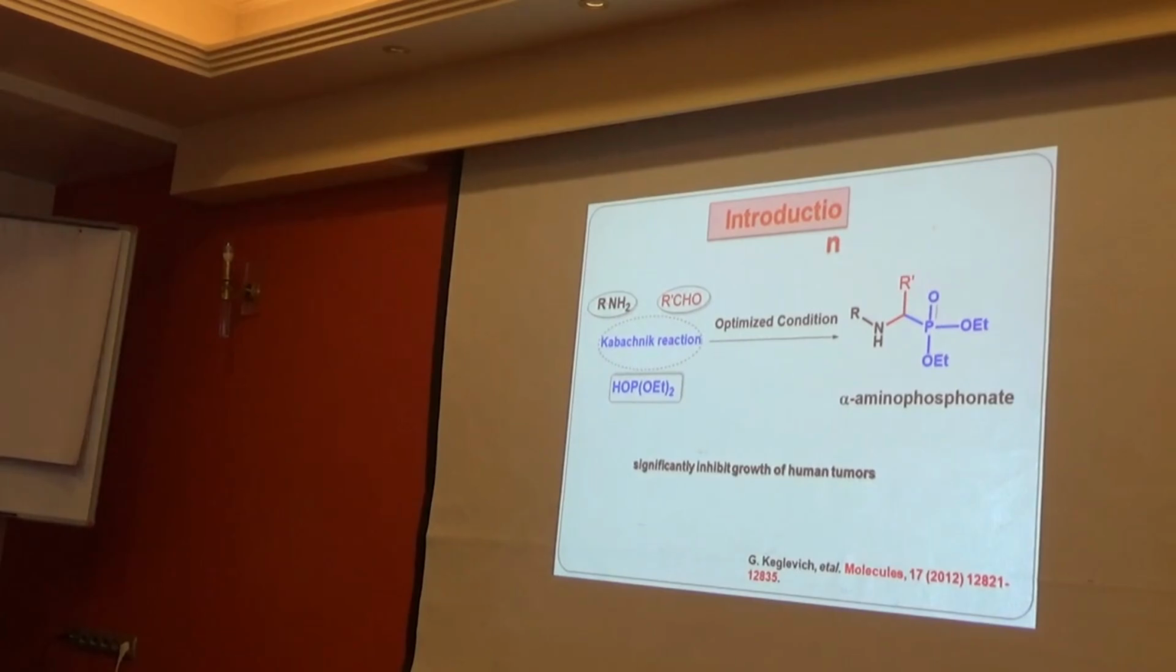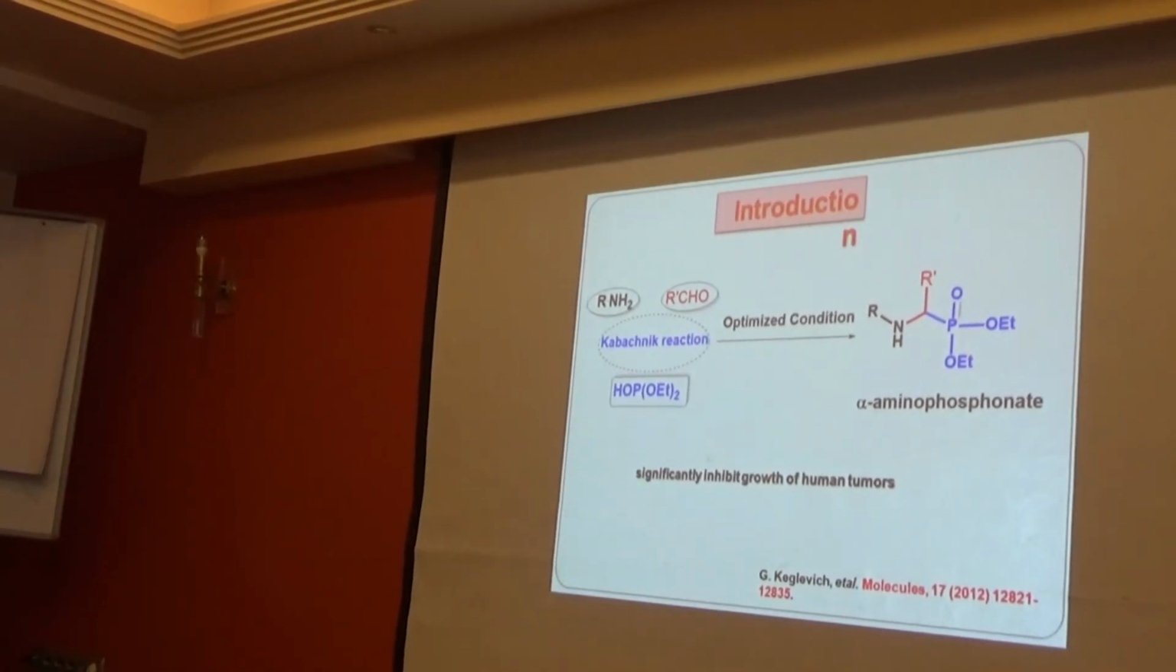Introduction. The Kabachnik-Fields reaction is a one-pot, three-component reaction. It is a reaction between a carbonyl compound, an amine, and a dialkyl phosphite, under optimized conditions, to form alpha-aminophosphonate. Alpha-aminophosphonate is a very